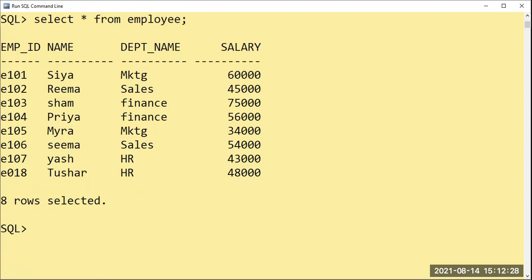Now I want to see what my operation is. I will go for the update operation. Now I want to change the salary. First of all, I'll show you the updation part for one record, and updation for multiple records at the same time, so I don't have to use the syntax repetitively.